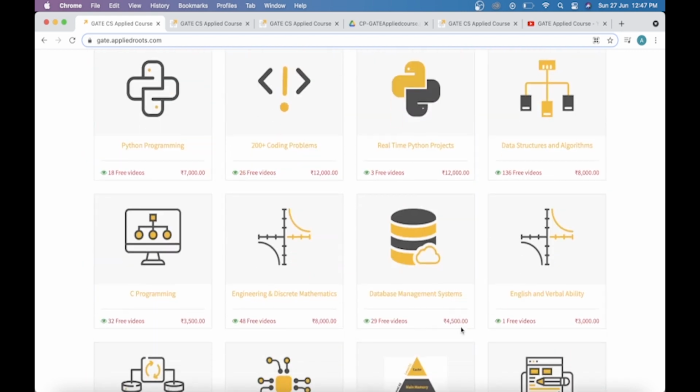If you move down, you can see all the subjects that they teach as part of this course. One facility that they have provided is that you can watch some of the demo videos beforehand to judge for yourself whether this course is for you or not.